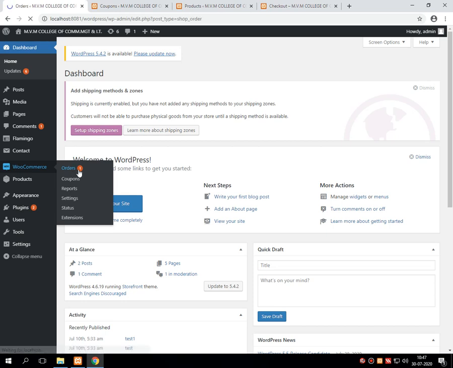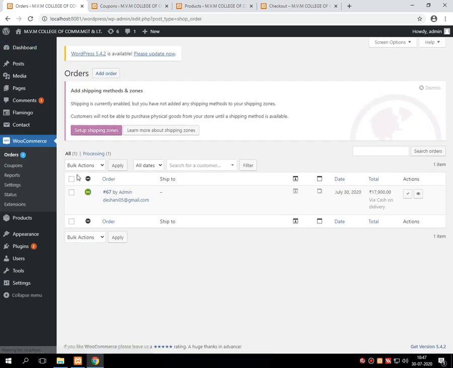Here you will see the one order that I have placed. Whenever you click on this order, you will see a green signal that indicates it is processing. That means a buyer has given a request to purchase this product, which came from the client side to the admin side.